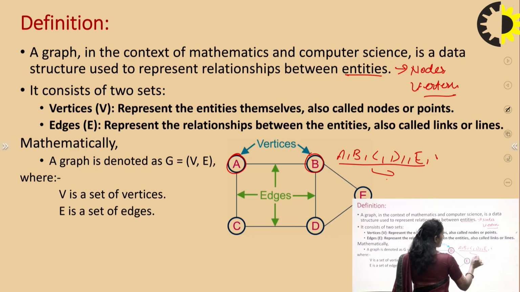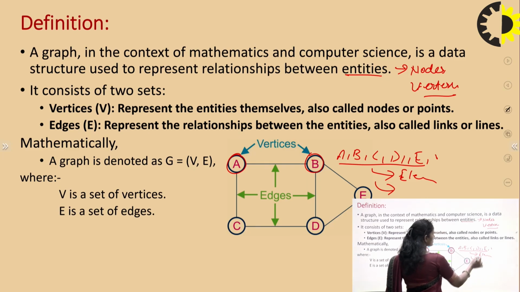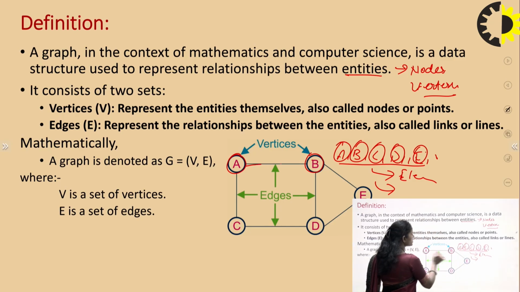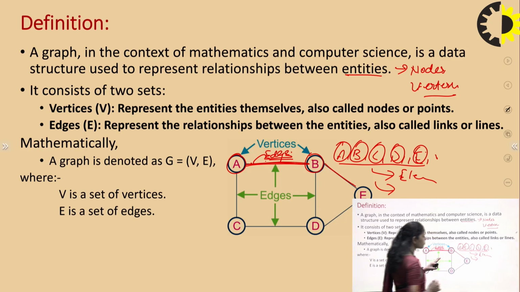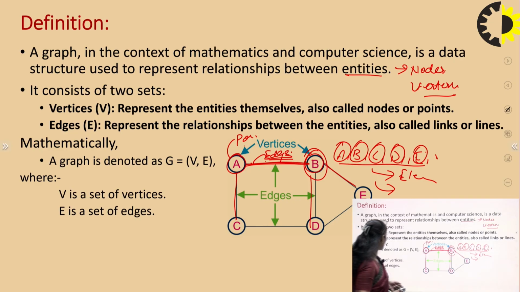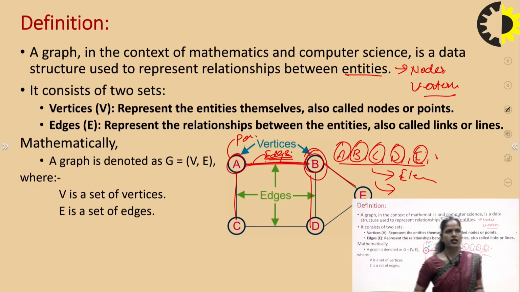In a linear context, these are the elements and the data. But in the context of a non-linear data structure, they are individual vertices. These vertices are connected with each other by using links, and these links are edges. So edges join two separate vertices. These are the edges and these are the vertices. You can call them points, you can call them nodes. Basically V is a set of vertices and E is a set of edges.